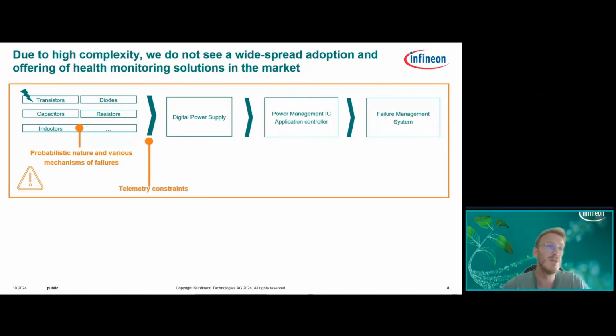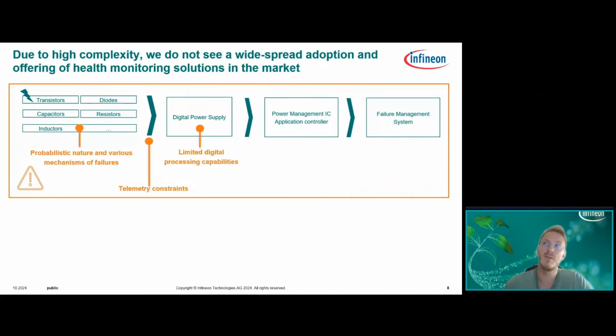But also you need to measure the specific parameter over individual components, and measuring those parameters will come with high telemetry cost. Like you have a limited number of ADCs, right? And here, usually customers do not want to spend that much telemetry